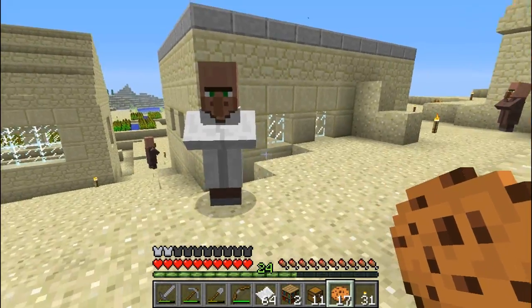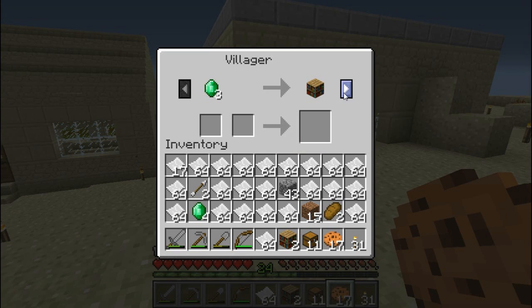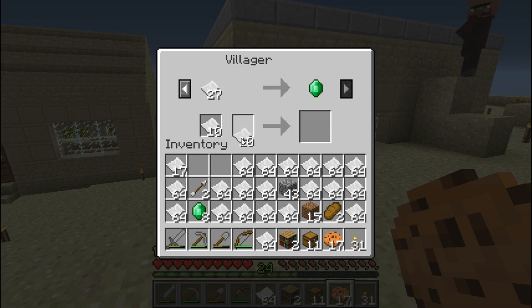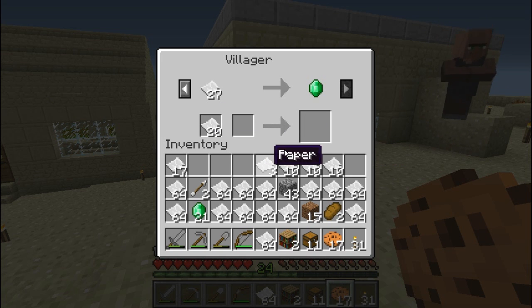All right, now you've got a different trade, right? Hey, there we go. 27 paper. Wow, that's pretty expensive. But nevertheless, I will happily do it over and over again. So yeah, I was watching Etho's video this morning, and he's doing the exact same thing that I'm doing, which is basically making a killing on the paper trade. Although he had so much paper, it wouldn't even fit in his inventory. And instead, he just had like piles of it sitting there so that each time...